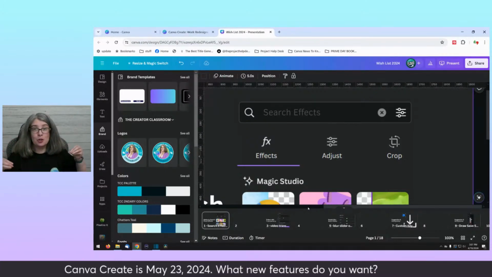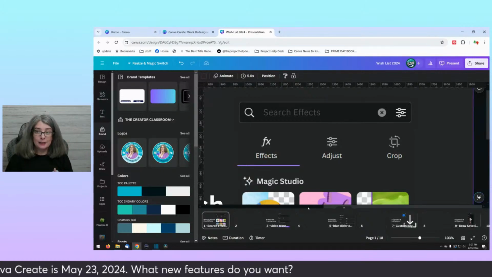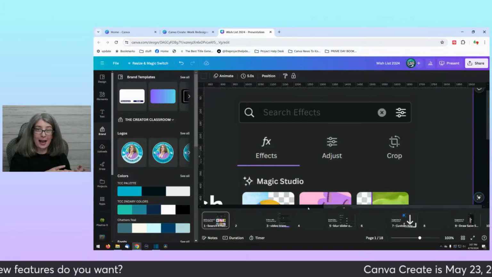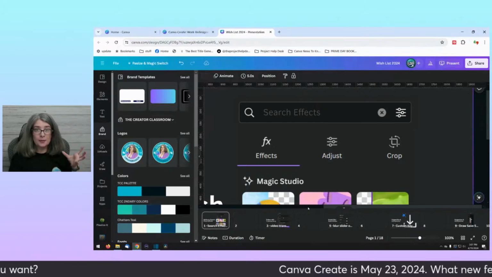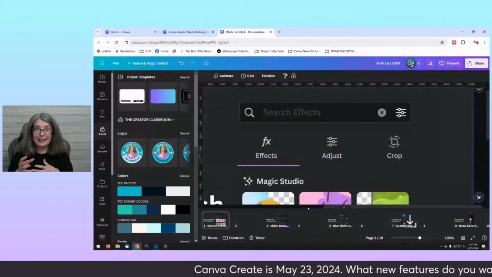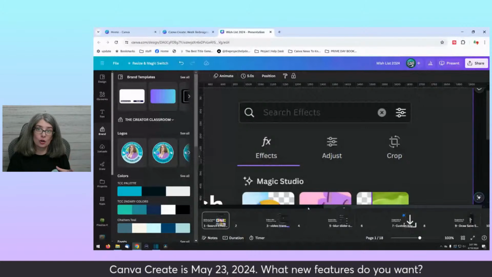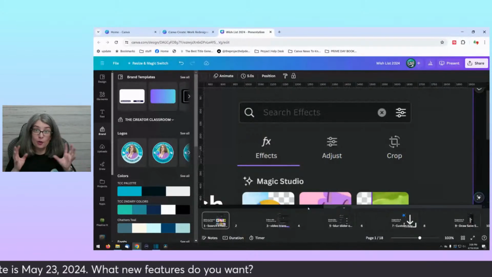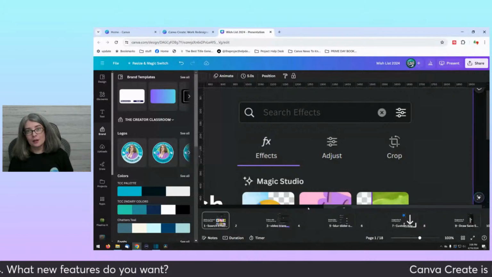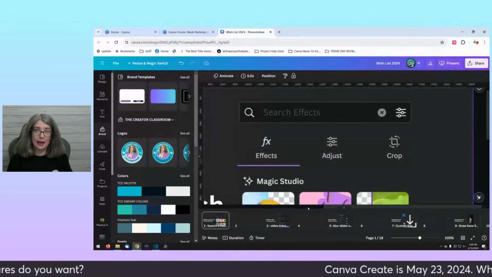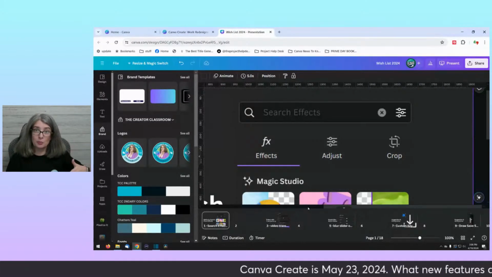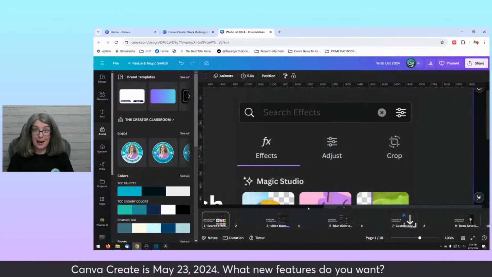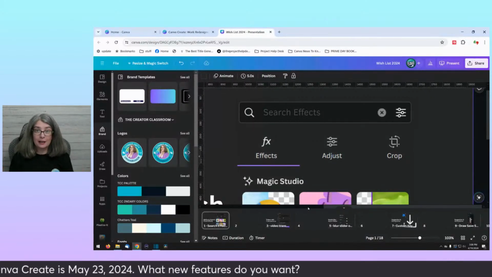The reason why I'm doing this video today is that as a Canvassador, sometimes I've heard that I can get access to some of the features earlier, and I don't want to accidentally spoil the fun for Canva. And I've even signed an NDA saying I won't share what they've shared with me, but I've not gotten any information about what's coming out at Canva Create.